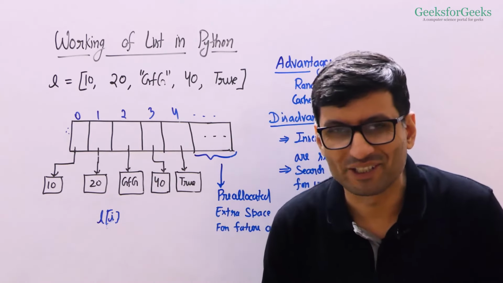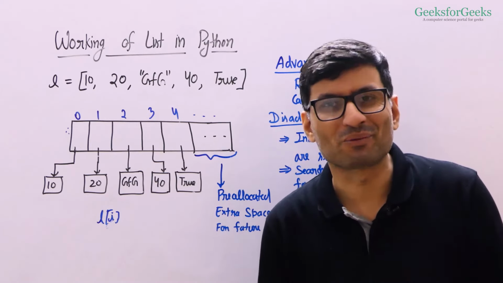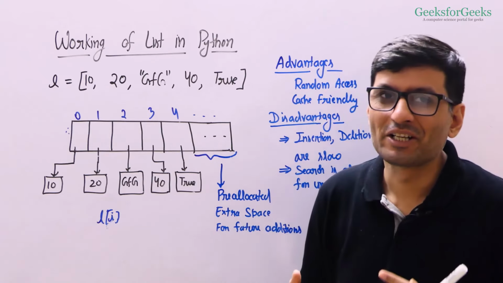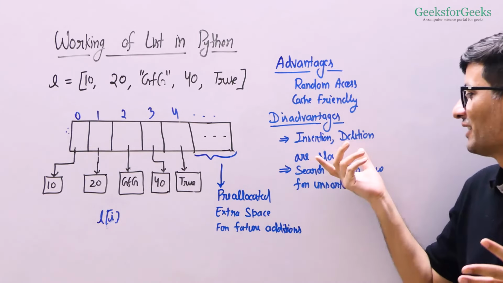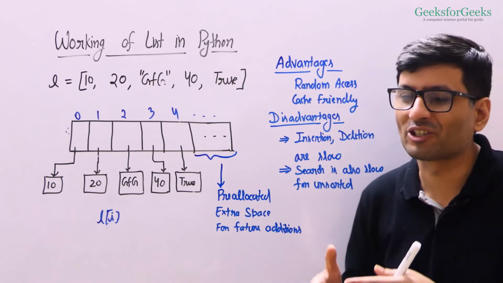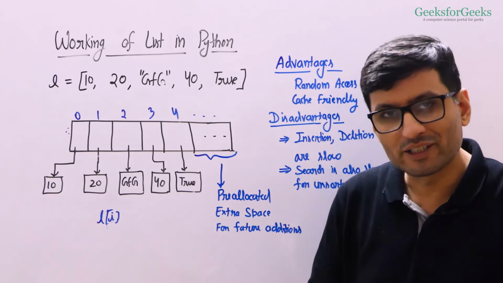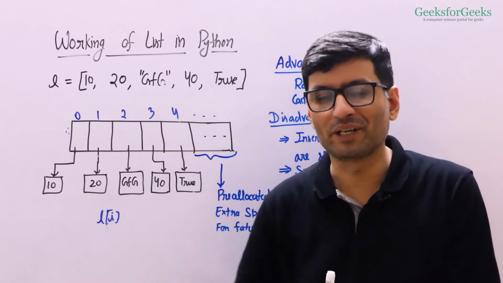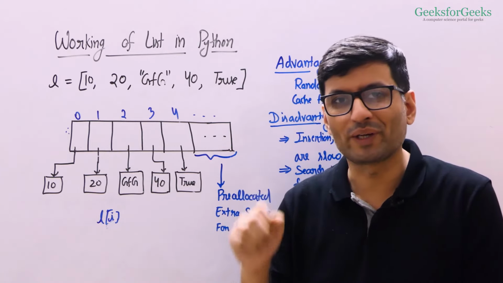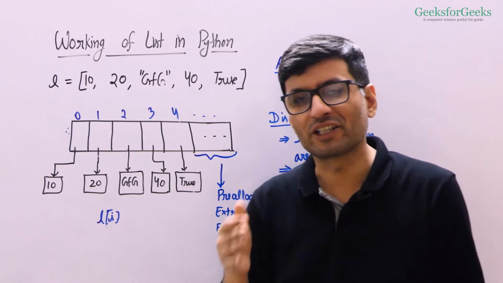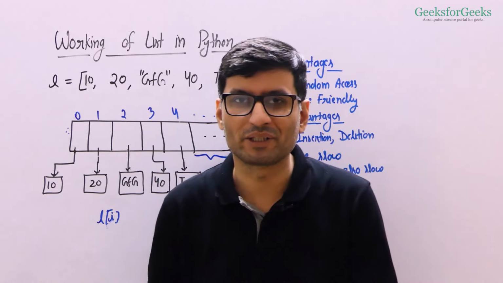Since there are advantages of the list container, there must be some disadvantages also. That's why we have other containers like set, dictionary, deque. So the disadvantages are insertions, deletions and search. These three operations are slower. If you compare list with a set container, set is unordered, right? You don't have any predefined order, but you can quickly search, insert and delete items in a set. Search, insert, delete are really faster compared to list.